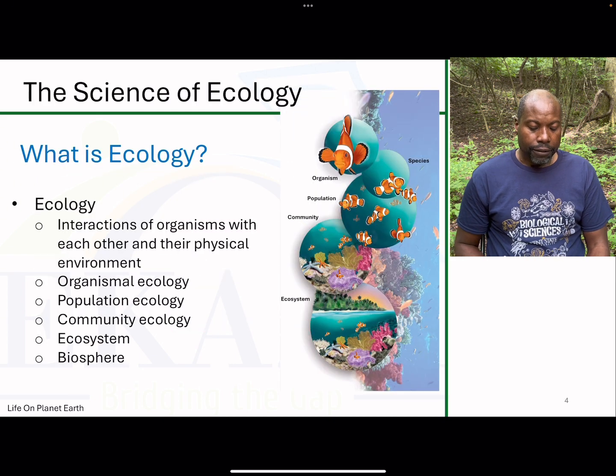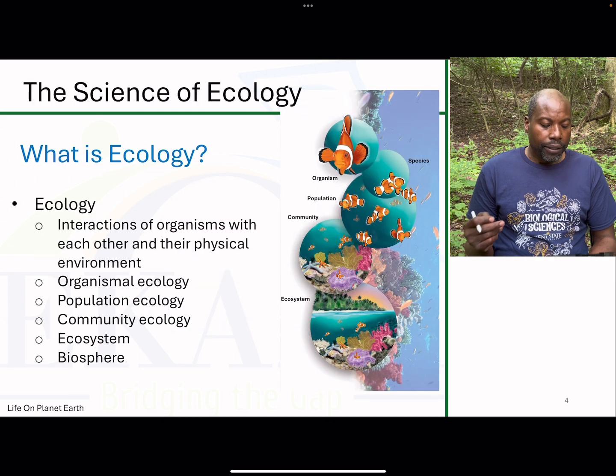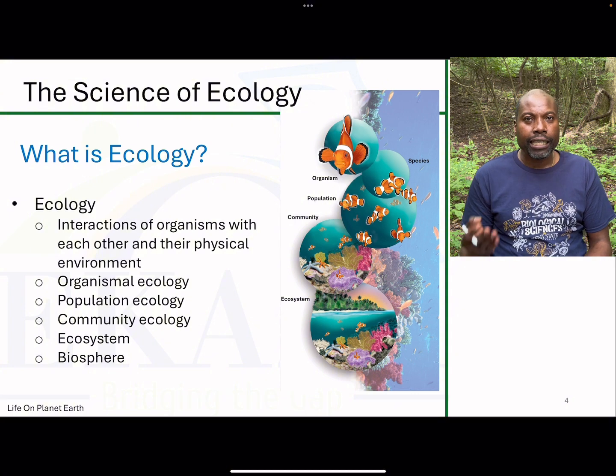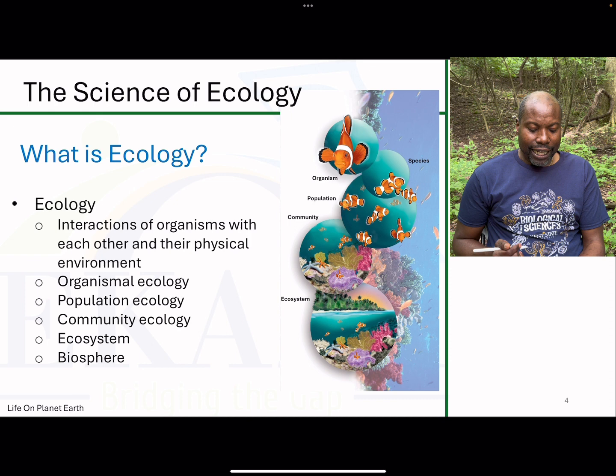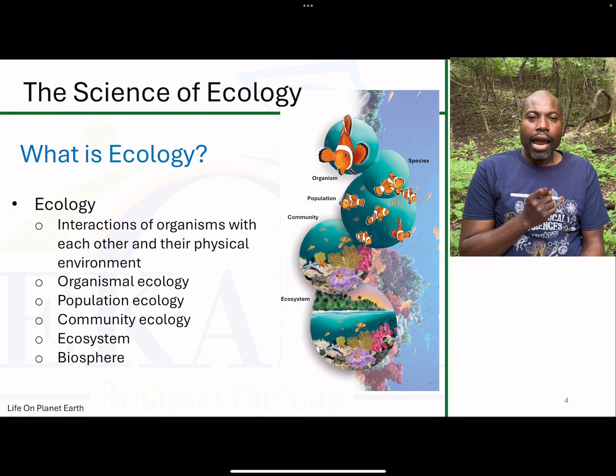All right. First stop is going to be to define ecology. What is ecology? Ecology is the discipline that studies living organisms as these living organisms interact with each other and